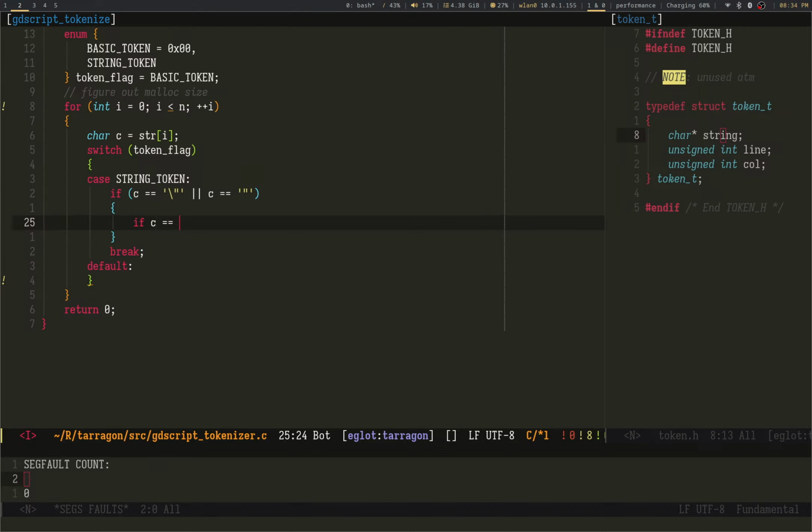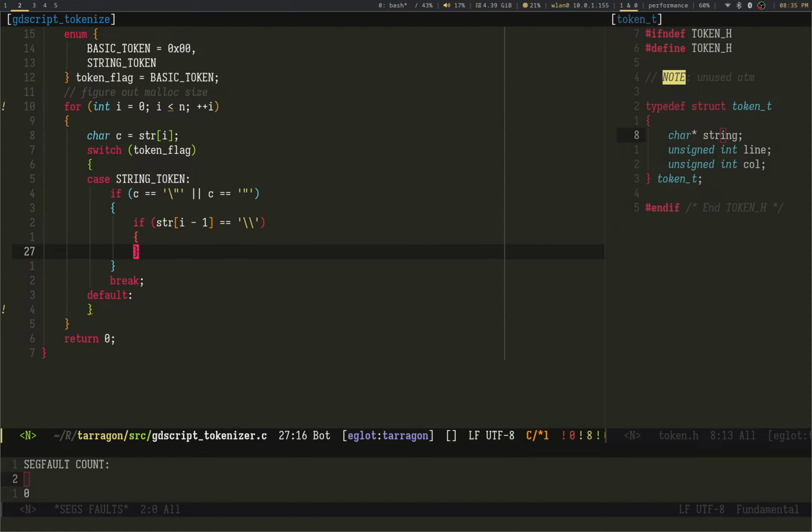If you encounter this, you can just continue on. So if C is equal to, if str[i] minus 1, and if this segfaults, I'm going to just let it. I'll do 10 push-ups. And continue.